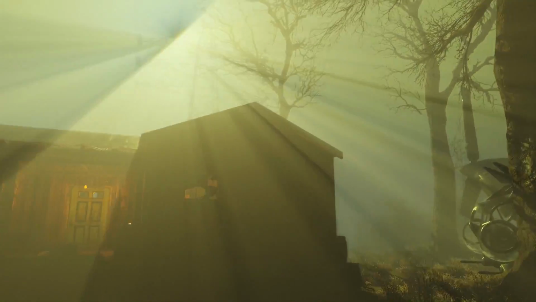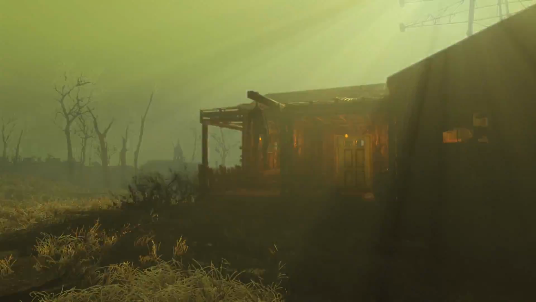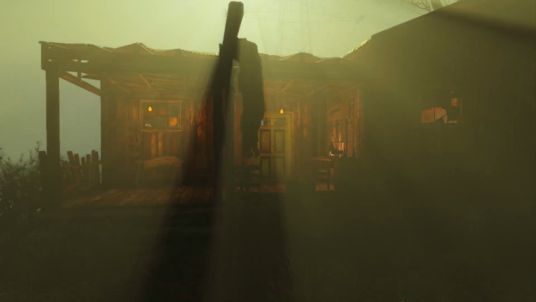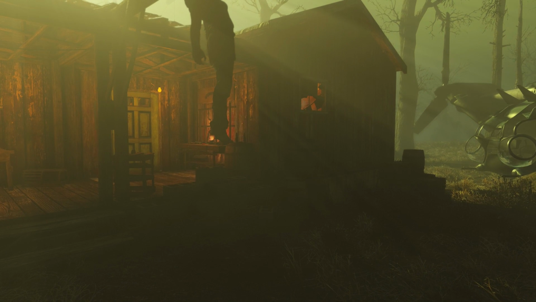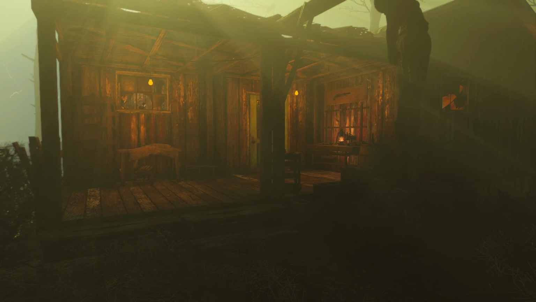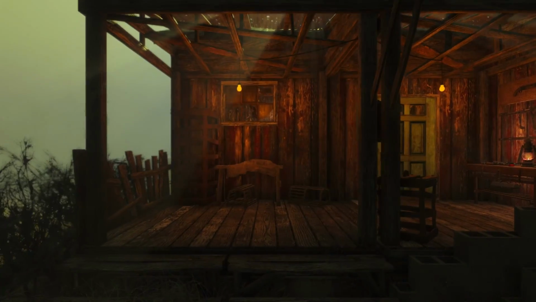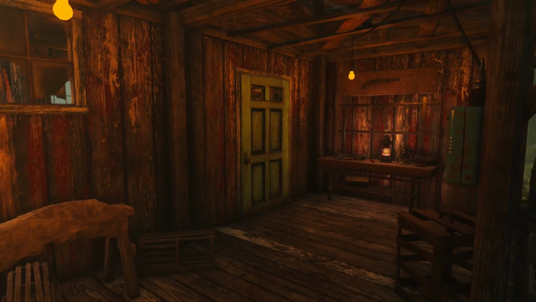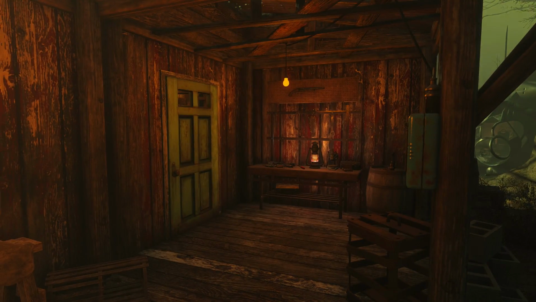So finally, let's go ahead and make our way inside the cabin. And even on the outside, I have tried to add quite a bit of detail that really fits in with the theme of this guy being a hunter. So we have cages, a tanning rack, and also a weapon workbench that he may have used to upgrade some